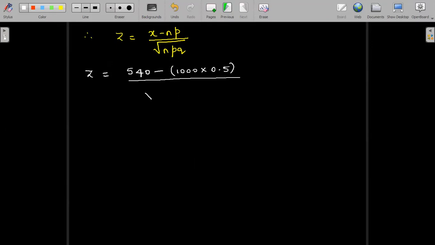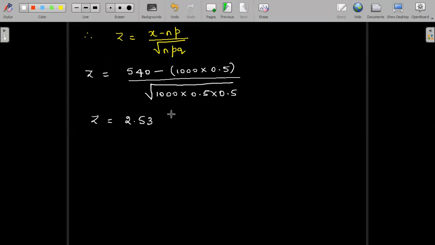The whole divided by square root of n into p into q: 1000 into 0.5 into 0.5. So this value after simplification using a calculator we can get the answer easily. Here the z value is 2.53. We can round off our values to 2 decimals because we compare each of these z values with z 0.05